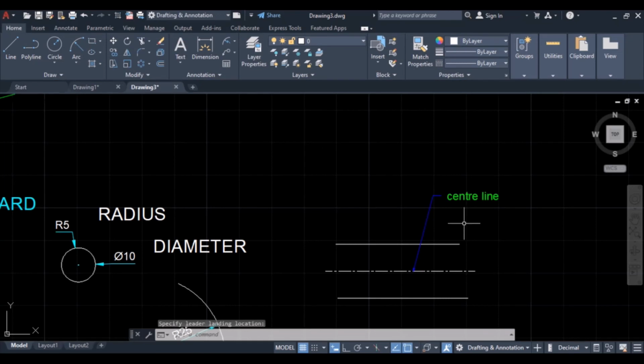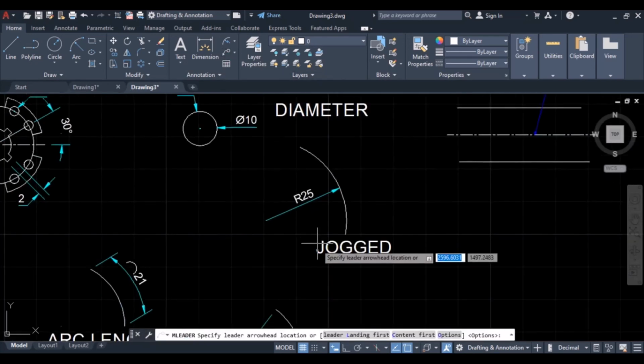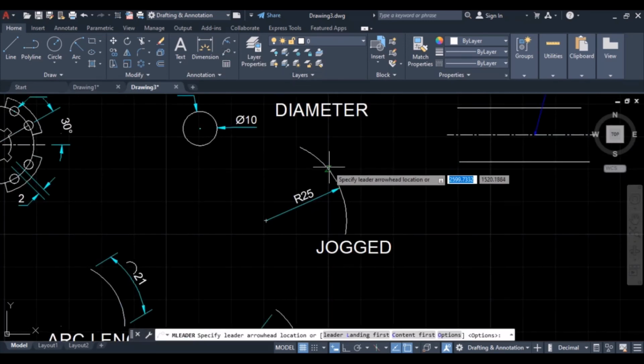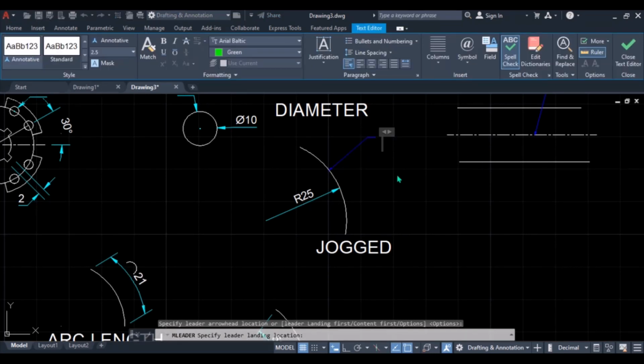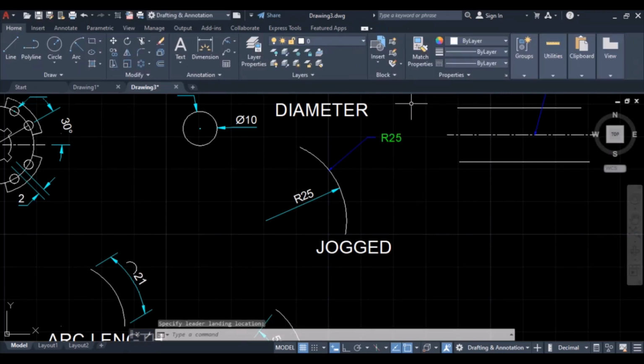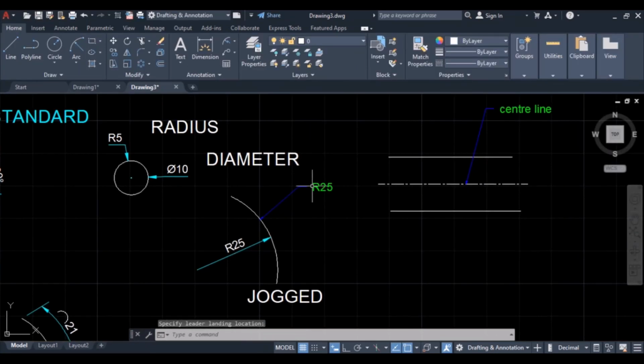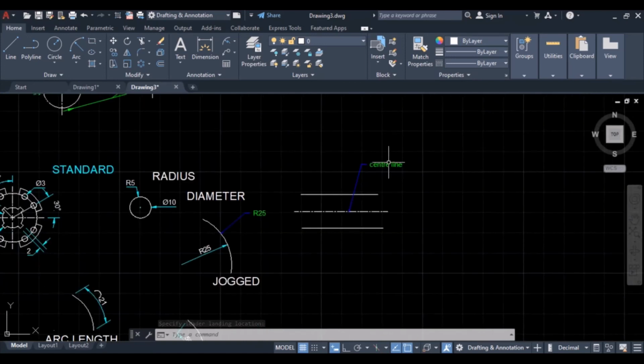Or you can dimension distance using leader line. For example, this arc, you can say R25. You can dimension distance, or you can label using leader line.